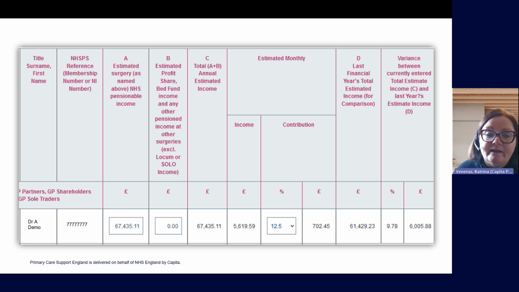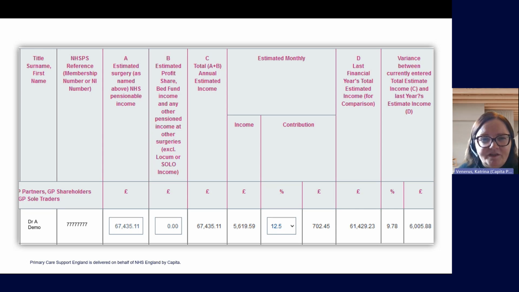It doesn't backdate. So if you're a month or two late in submitting the revised estimate because your GP partner had a change of circumstances a few weeks ago, then don't worry too much about that, because even if there is a little bit of a gap, that gap will be made up when the GP partner submits their end of year certificate. Whereas obviously if you don't submit a revised estimate at all, and you've maybe got 6 months of quite a different income or estimated income, then you would be left with a really large adjustment when it comes to the end of year